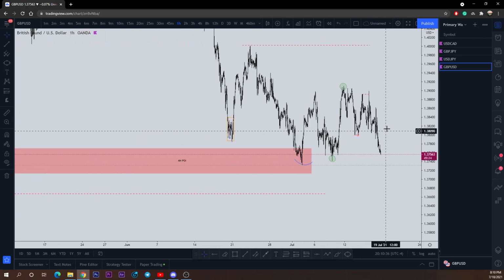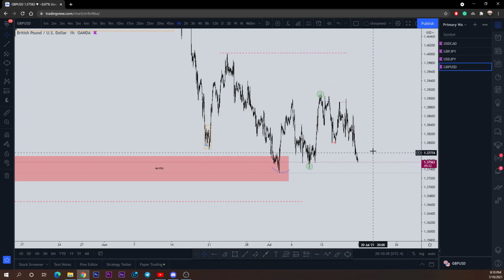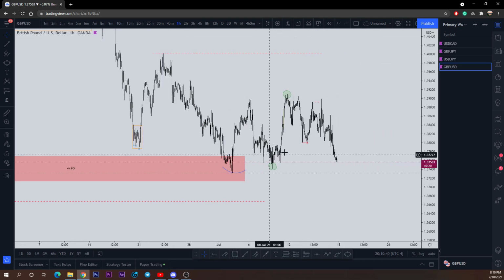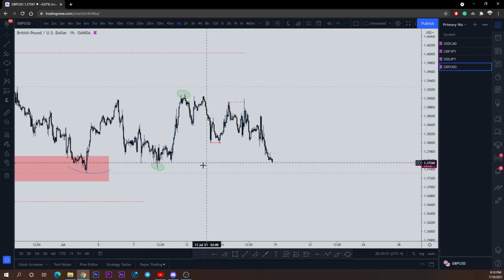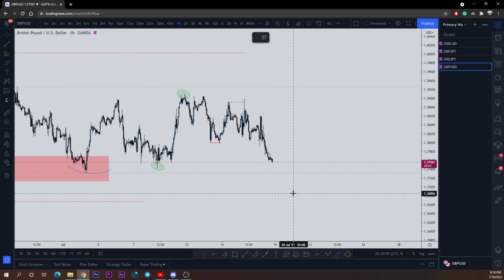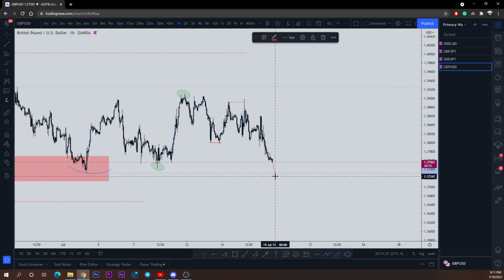So what are we looking for now? One of these to break. All right, I'm not going to be trading within the range. We're in the low right here. A miracle accumulation is going to have to happen, and I don't see the point of them accumulating here. There's no reason to. You understand what I'm saying? So I know this is going to break. You just know when stuff is going to fail and stuff is not going to fail. So I know this is going to break, and I'll be looking to sell from right here,